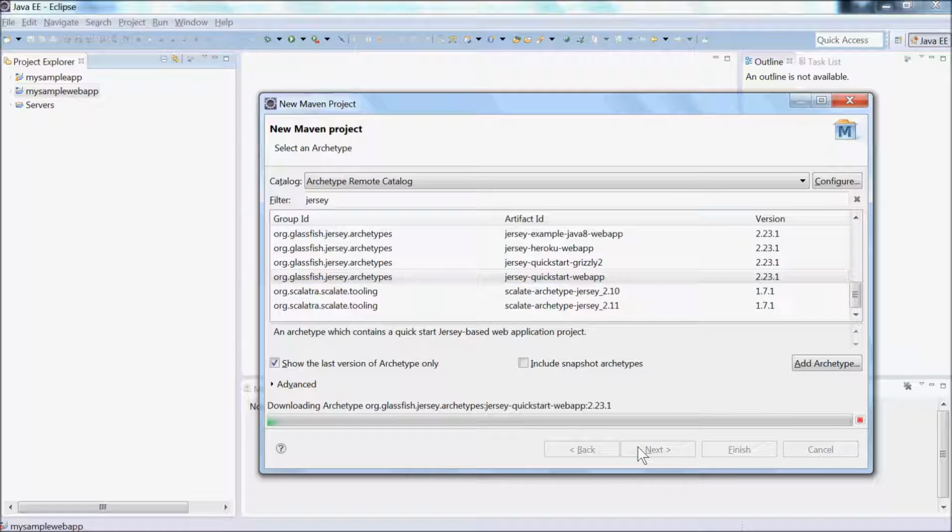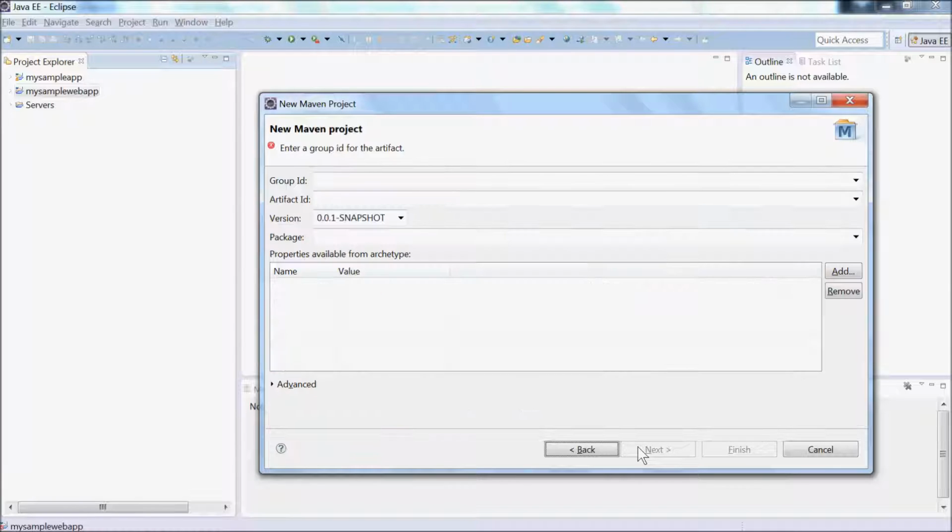Okay, then add, then it will take some time because again it has to download this archetype and all these dependencies. Let's provide these basic details. So what I found here is, I don't know whether it's a bug or issue, because it did not generate a package for this particular archetype.